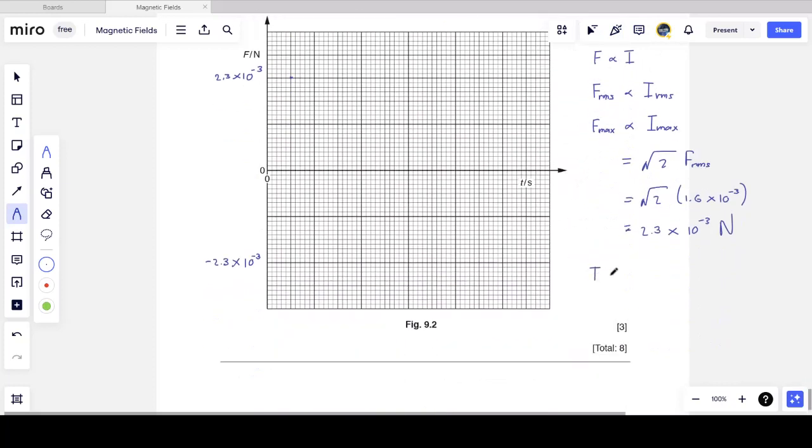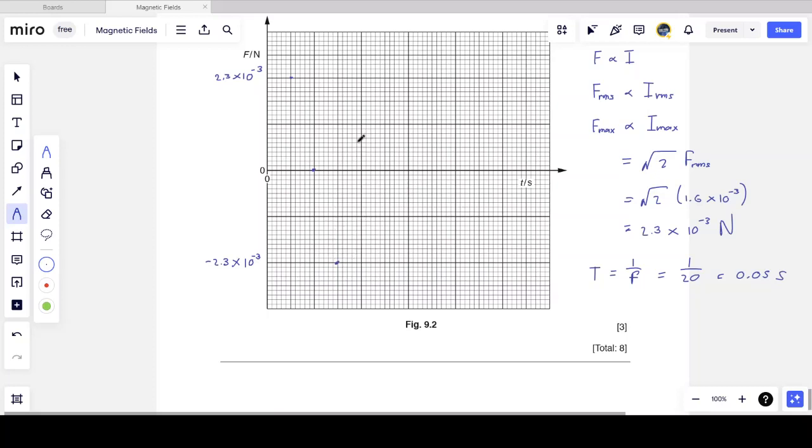Luckily for me, I know there's a relationship between period and frequency. T is 1 over F. Period is 1 over frequency. 1 over 20, it will not surprise you to know this is 0.05 seconds. Which means that one complete oscillation of the force, of the current, and hence the force, will happen in 0.05 seconds. So I'm going to mark off all the important points